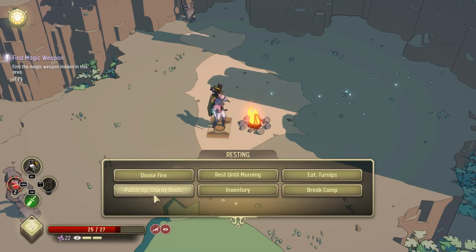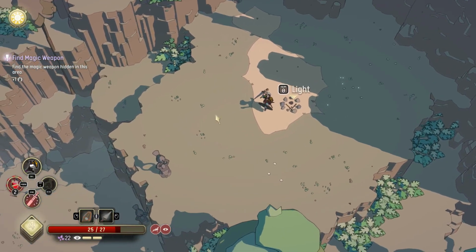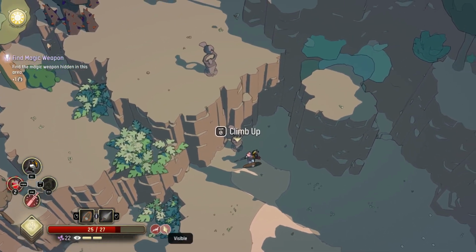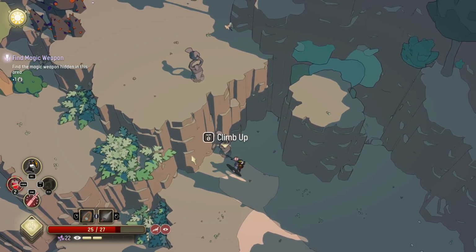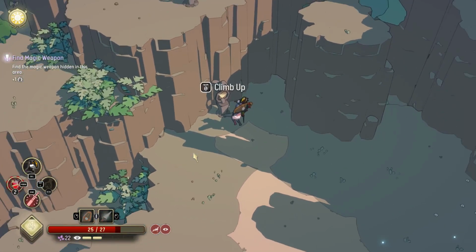Could patch up our sturdy boots, but that only got used once. Could eat some turnips. Plus 5 health. That'd be a bit of a wait. Let's douse the fire. Break camp. Alright, no enemies showed up, so let us continue climbing. And we're thankfully no longer exhausted. Because I have a feeling being exhausted would hurt our...